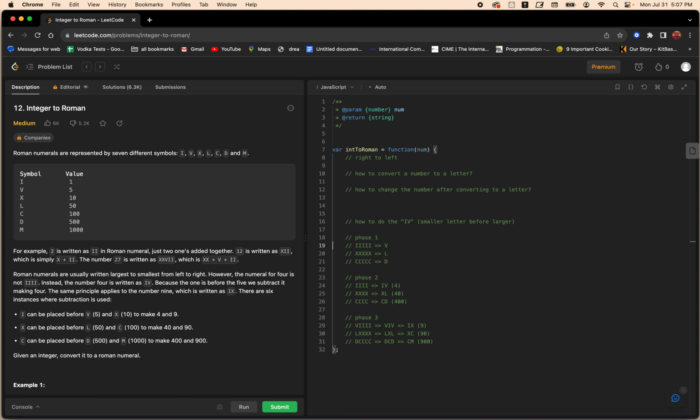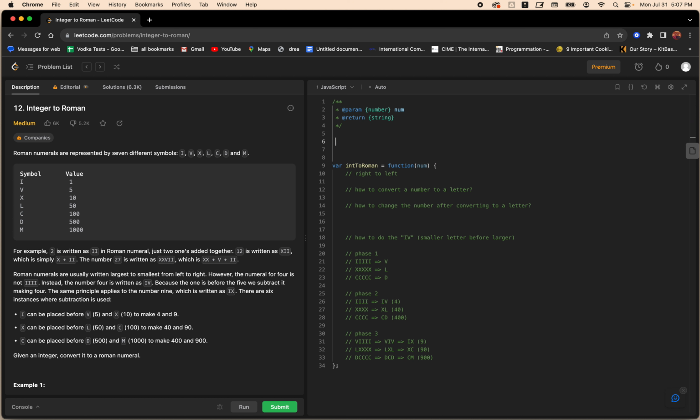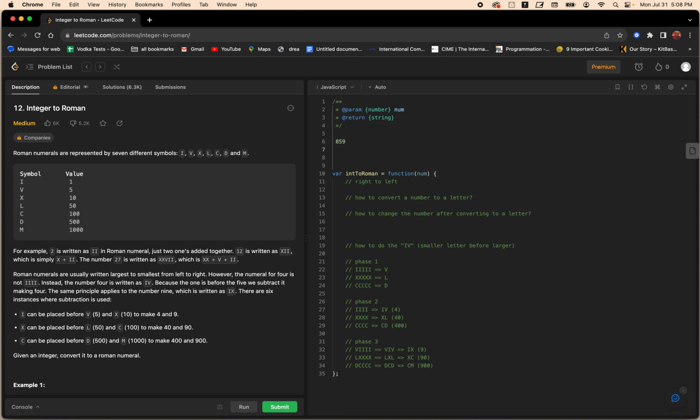So if we have these 3 phases of substitution, then if I'm converting the number 859 into a Roman numeral,